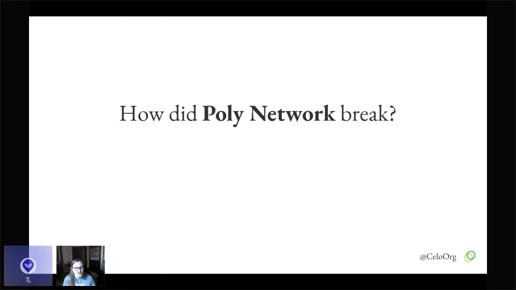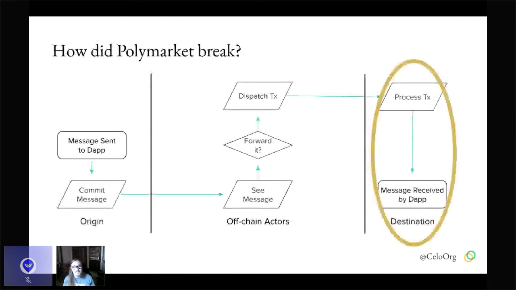Poly Network actually broke in the on-chain message processing. This is interesting because the way Poly Network broke actually had nothing to do with the cross-chain communication. That all worked fine. The trusted Oracle signed the message, and it was the correct message, and they didn't try to steal anything. What broke was the message handling. It's when Ethereum received this message from Poly Network, it handled it. The message handling code broke, and we're going to talk about why